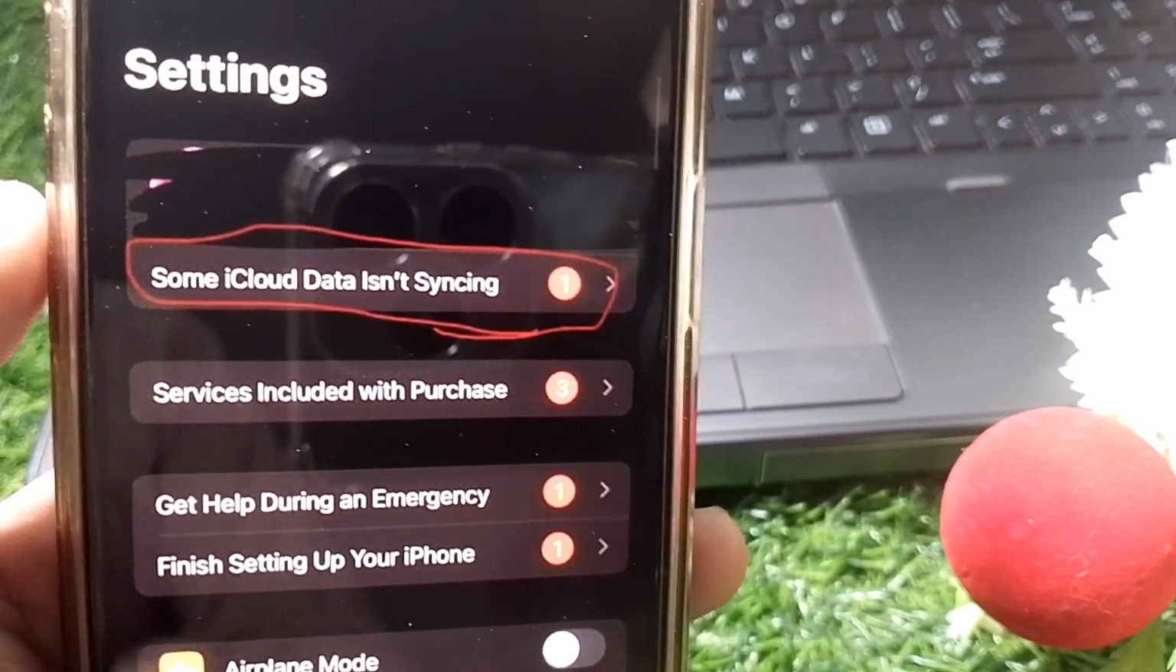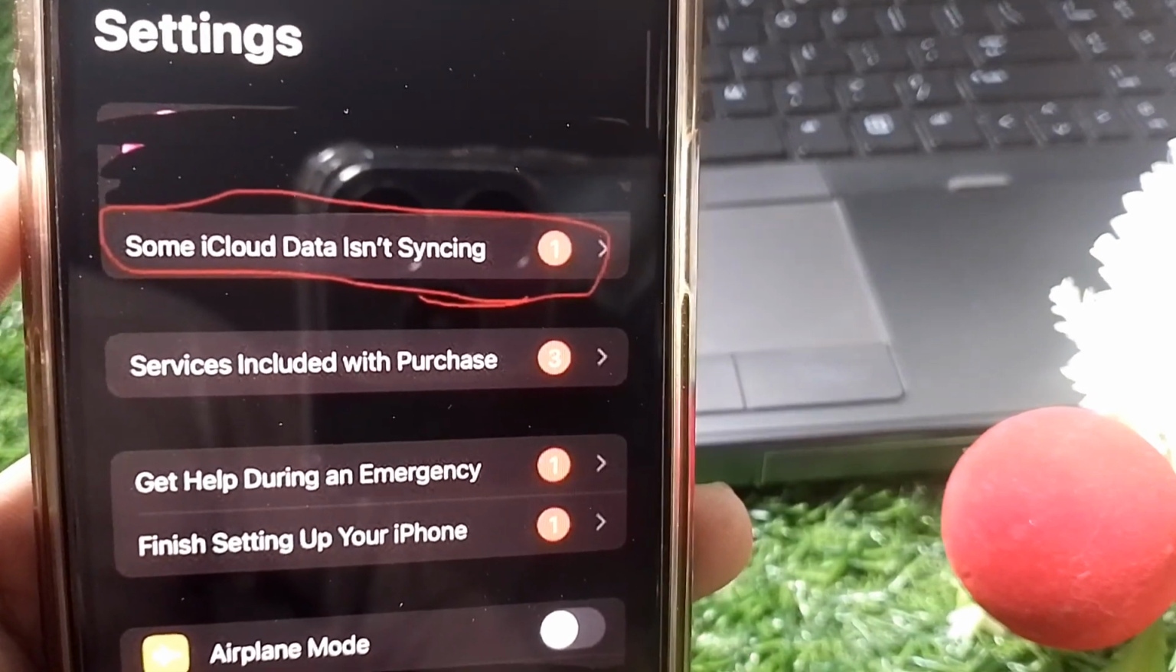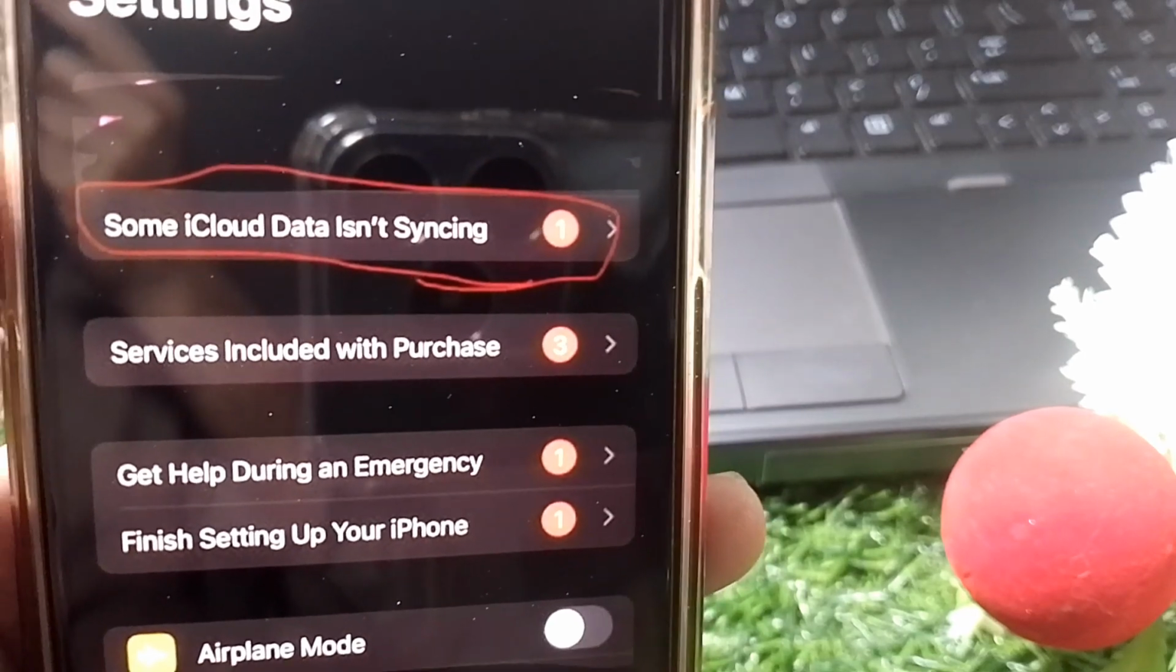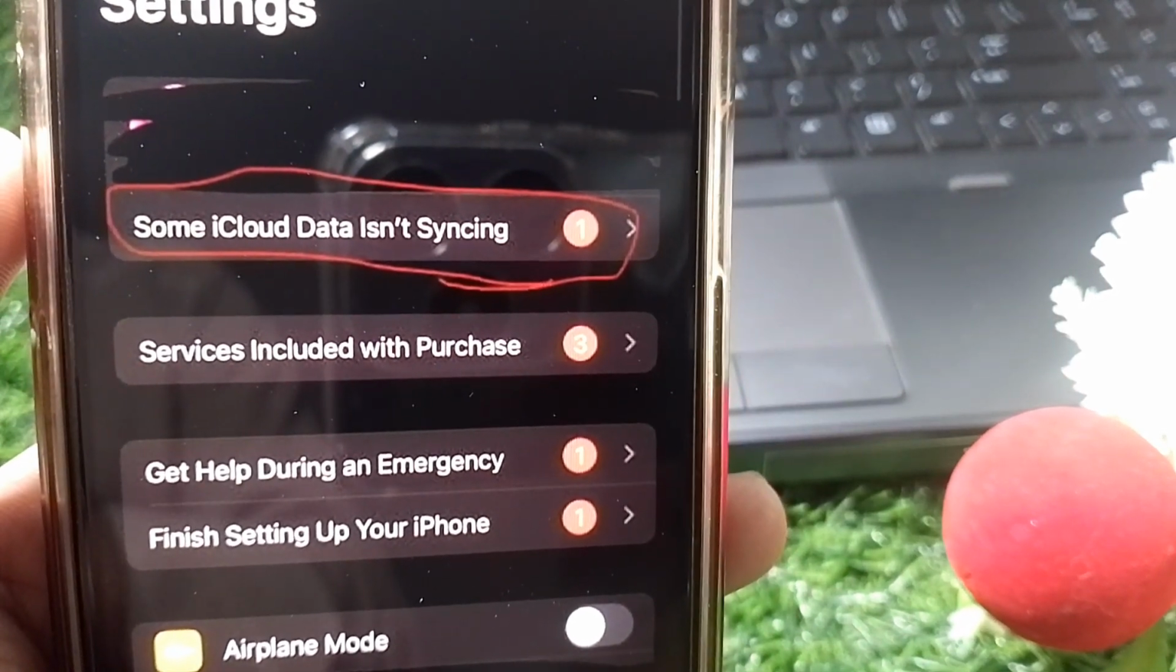So guys, in this video I'm gonna be showing you how to fix iCloud data isn't syncing. So guys, let's get started without wasting any time. So guys, if you're getting an error like this, I'll show you how you can fix this type of